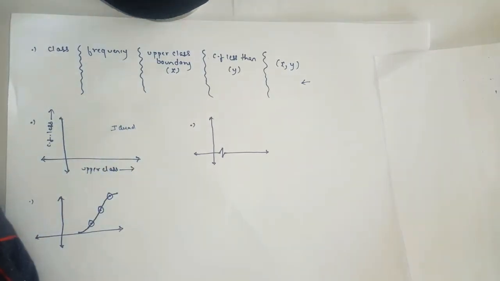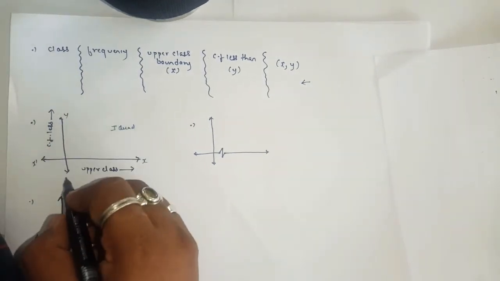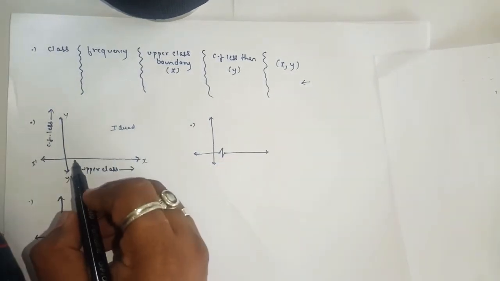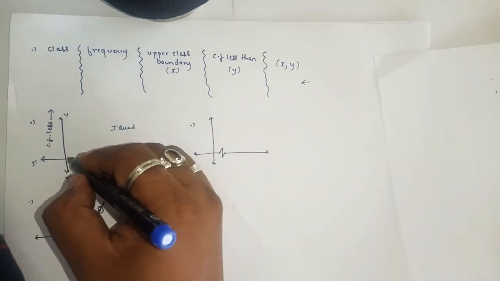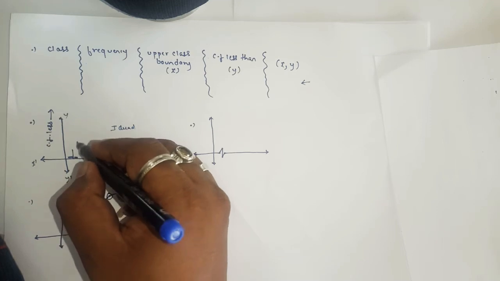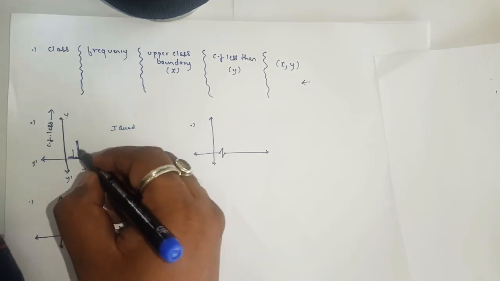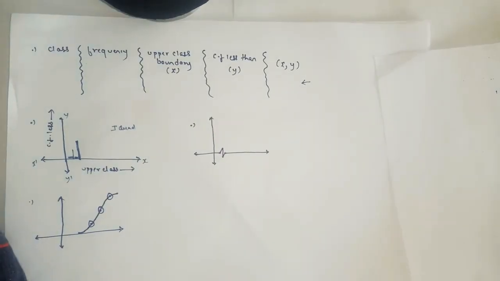This is what we all know: this is the x-axis, this is x dash, this is y, and this is y dash. In a graph we all know that there are small lines like this, then a slightly longer line, then line, then line. So these two dark lines are your 1 centimeter.